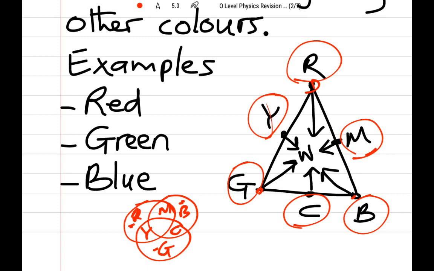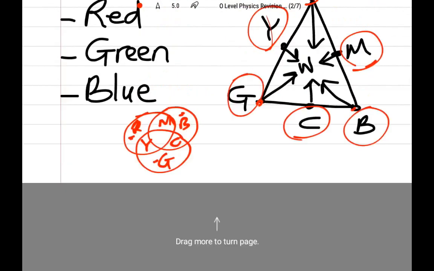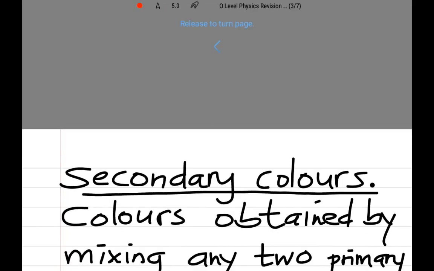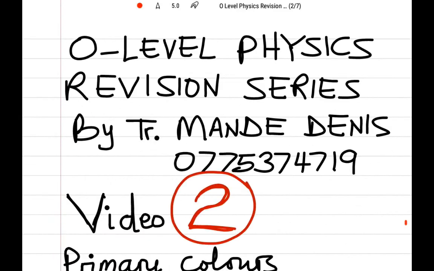Then the secondary colors, we define them as colors obtained by mixing any two primary colors. So if we go back, we realize that